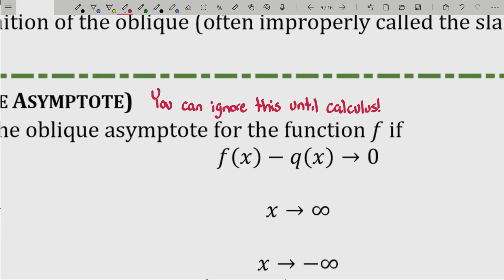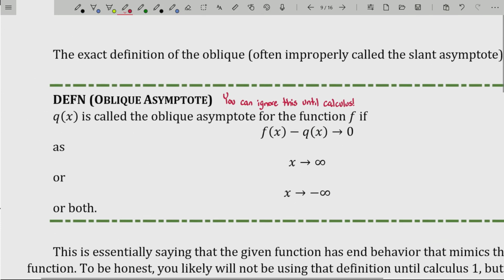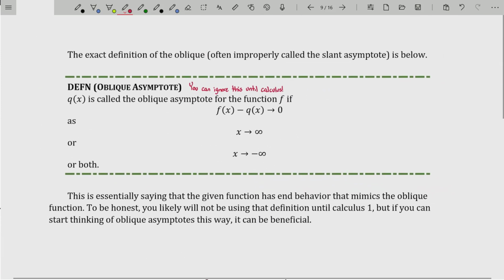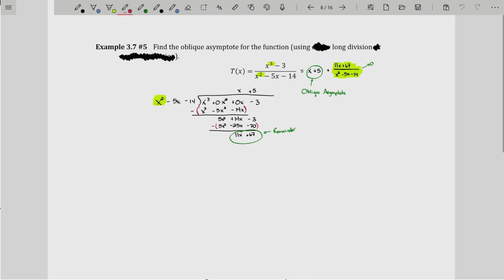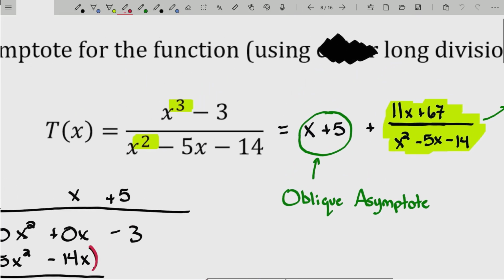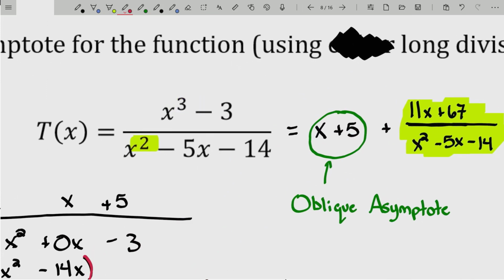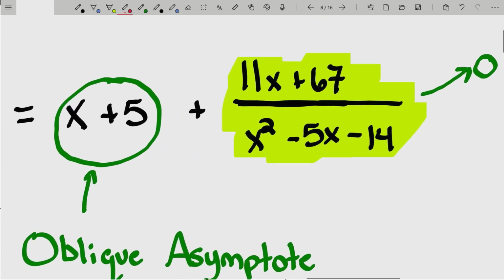And in calculus, it'll be repeated again, so don't worry about it. But I just like the thoroughness of it to say, okay, this is the actual definition. If you look at the function that we were just working with, x cubed minus 3 over x squared minus 5x minus 14, which is actually just this,